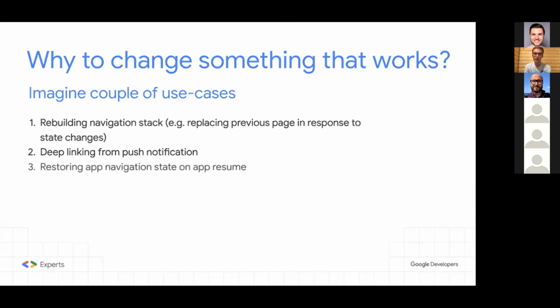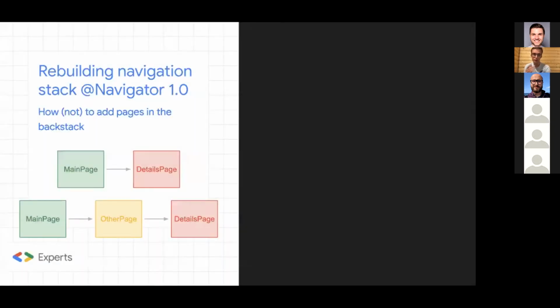And finally, in case of, let's say, a crash or memory warning that will kill your app, you can set up some mechanism to restore your navigation state. This could be useful, let's say, if you have a very complex sign-up flow where you maybe scan your ID or make a photo or something like that. You can restore the navigation stack with this new API pretty easily. So as an example, let's take a look at how we could add a new page under.